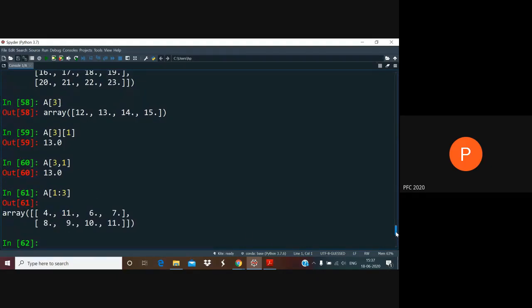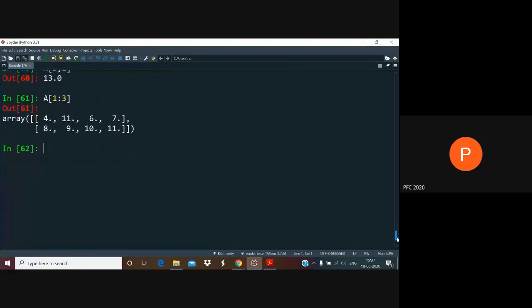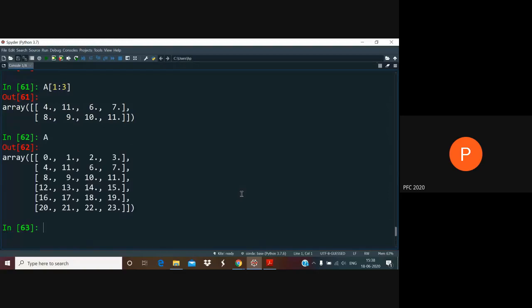Okay, notice that this was the original array. So maybe it's better that you see A alongside so that you can make it out. This is A[1], the 1th element of the array itself. This whole thing is A[2]. And when you say A[1:3], the rule is the same as in the range function. It starts at 1, goes on in steps of 1 by default until it falls just short of the stop variable. So it will not touch 3. It will just give you A[1] and A[2]. And that's exactly what this has done.